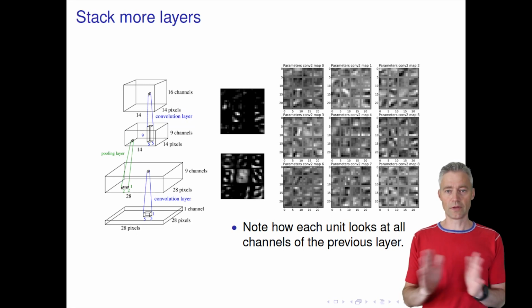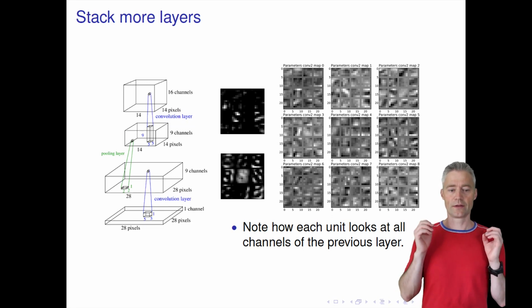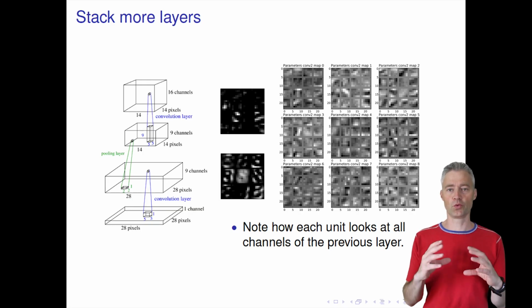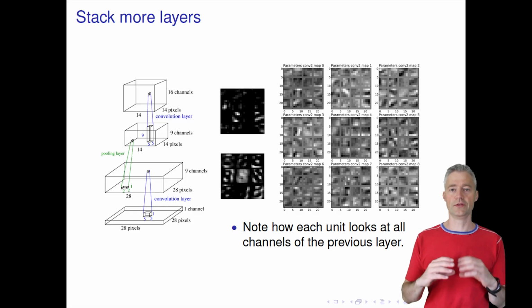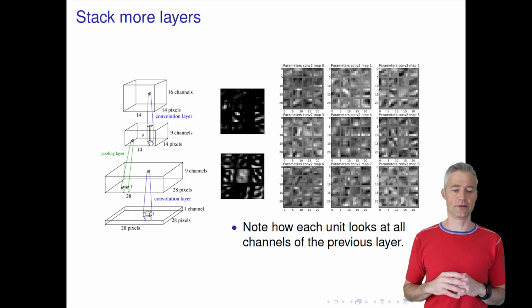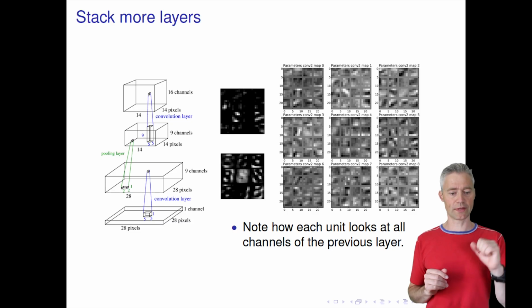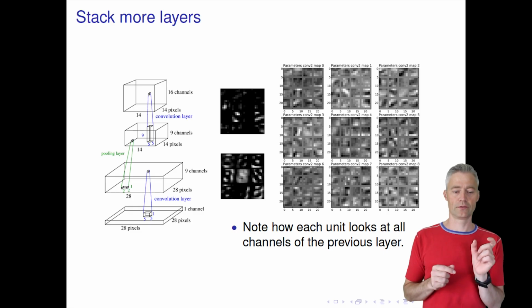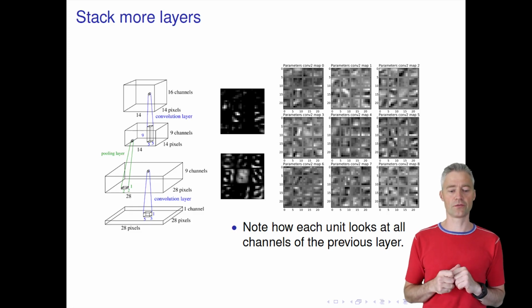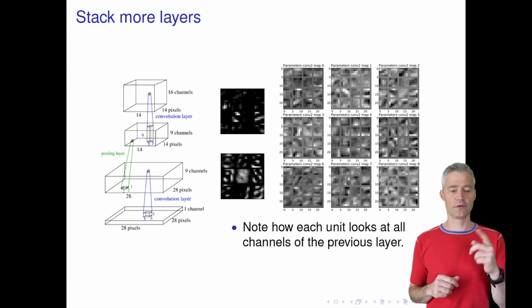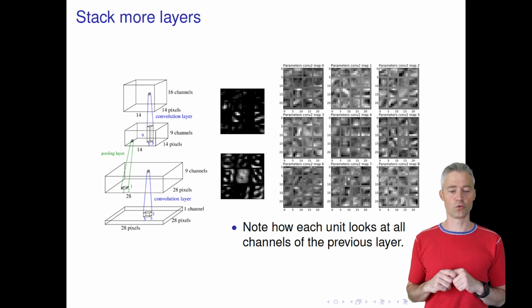So now we understand the ingredients, and we can take these operations, the convolutions and the pooling, and add more of these on top of each other, so we stack more layers. This is shown in this example here. We now take the output of the pooling layer. It's a 2x2 pooling, so we have only half the number of pixels in each of the spatial dimensions, and then we choose 9 channels, and we then feed that to the next convolutional layers, where we